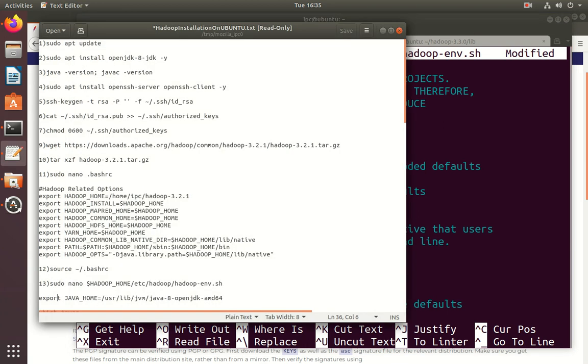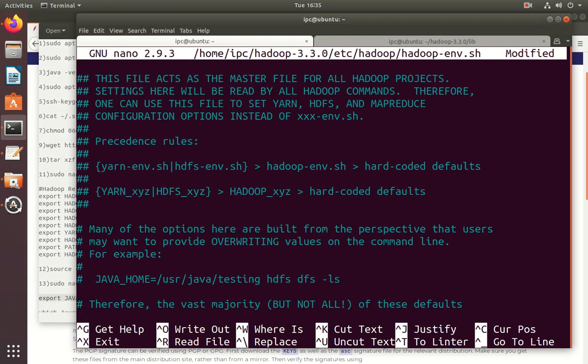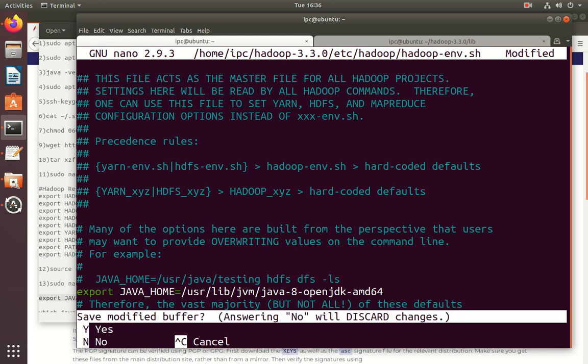This is the environment variable: the full path to the OpenJDK installation on your system. If you have installed the same version as presented in the first part of the video, add this particular line. The path needs to match the location of the Java installation on your system. Now exit from this file.